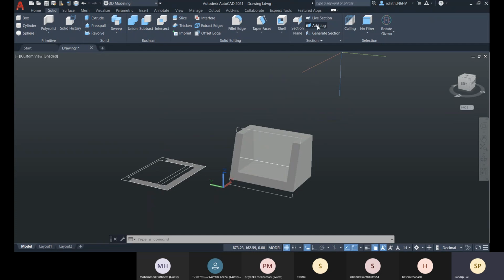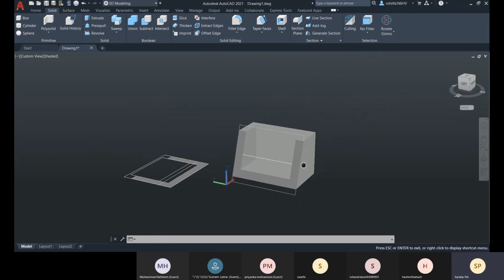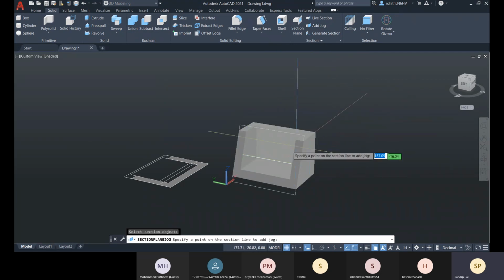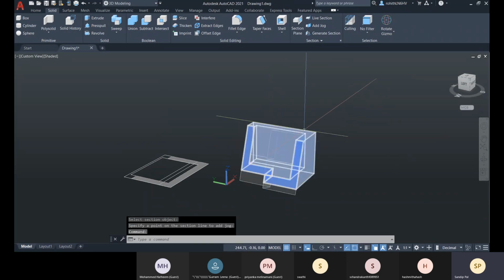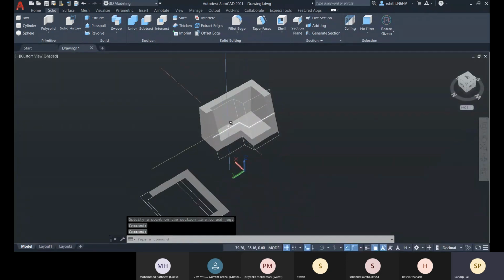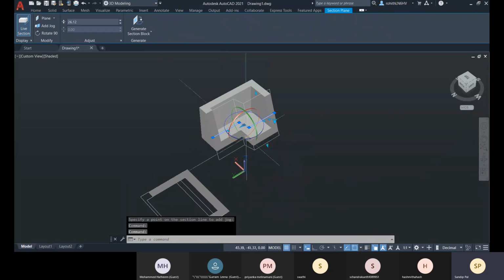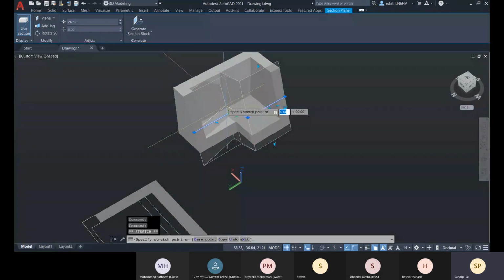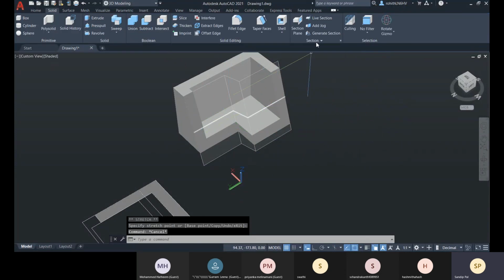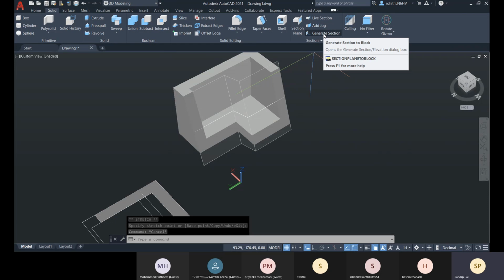So for that you can go with this add jog option. Okay, so you can go for add jog, select this object, and then you specify one point, and there it is added. Okay, you can select it, and after that you can change these points. Okay, you can control it, and now you can go for this generate section.